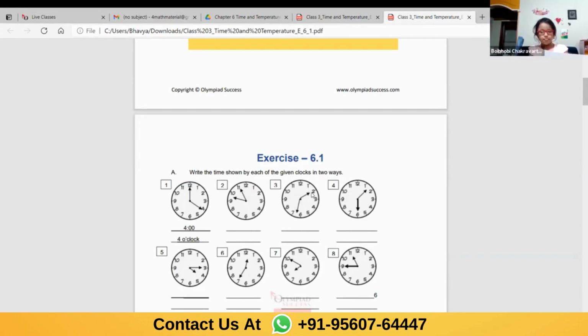Okay, ma'am. Yeah, getting me. When it will be 2:34, it will be near 3 or between 2 and 3. Ma'am, do you know in which table this clock follows? Table of 5. Okay, Ishan, are you able to understand now second and third? Ma'am, I'm trying to explain something. Yes, tell me.